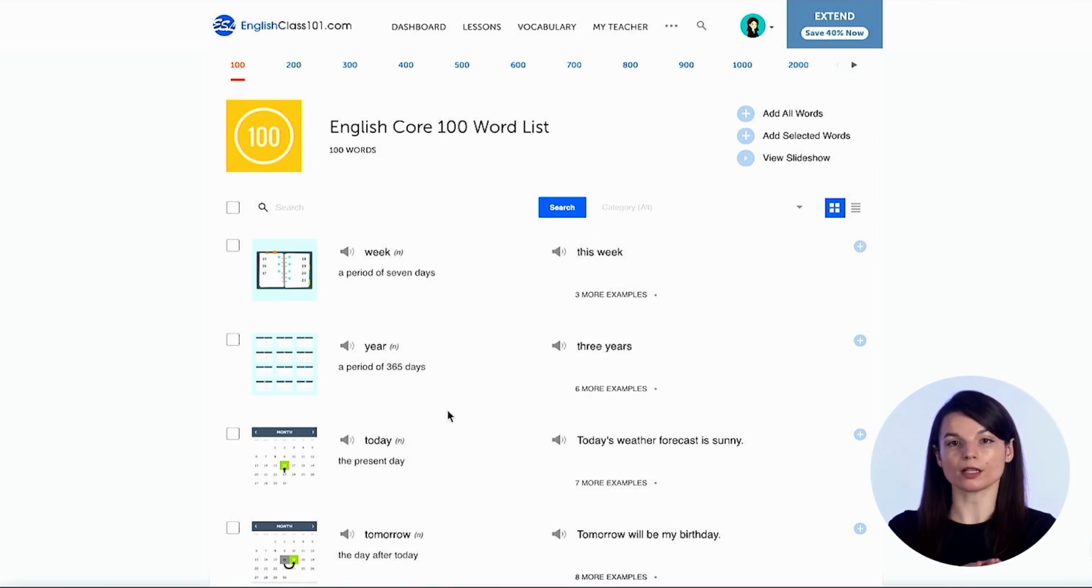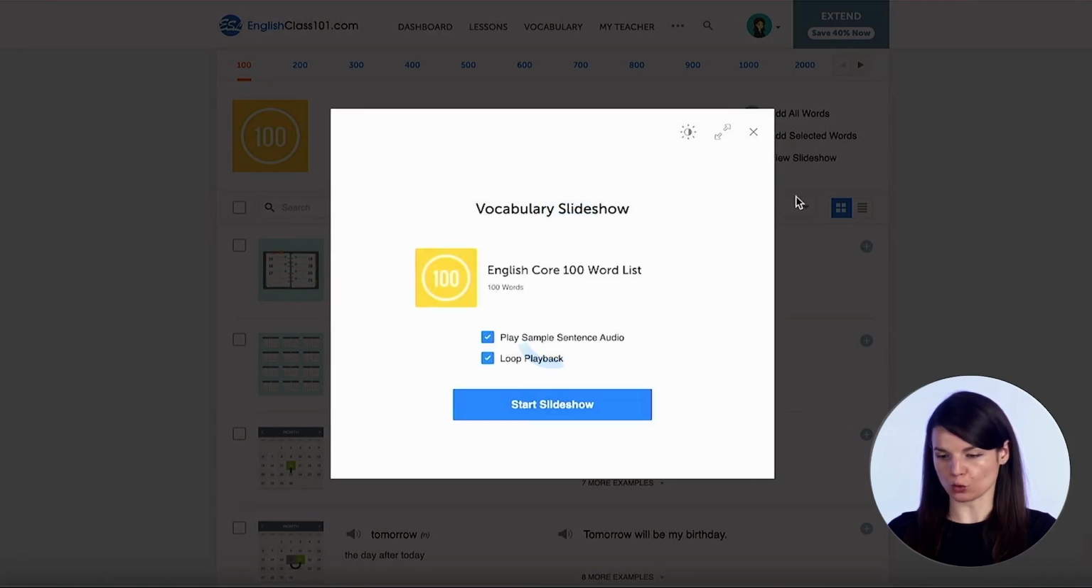So now that we know all of the different parts for each vocabulary word or phrase, I want to talk about the different tools that you can use to study these things. So first, I want to talk about the slideshow tool. We can access this up here on the right. There is a View Slideshow link. So if we click this, it will bring up the vocabulary slideshow tool, which will give us